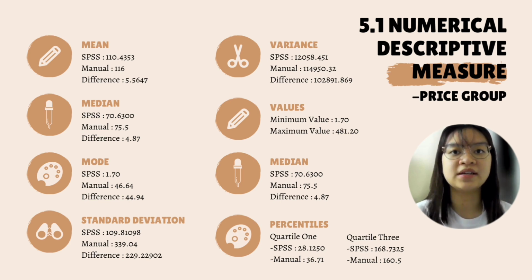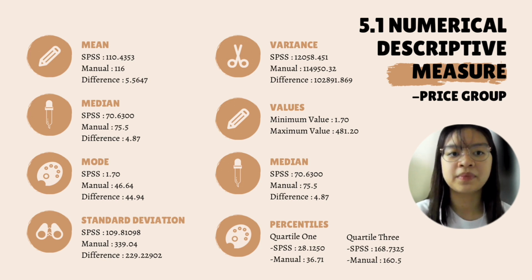Today, I will be presenting about 5.1 and 5.2. In 5.1, the numerical descriptive measures part, we will be using both the SPSS system and manually calculate all the data. Firstly, the mean for the price group based on the SPSS system is 110.4353, while the manual calculation shows that it is 160. Both calculations have shown a difference of